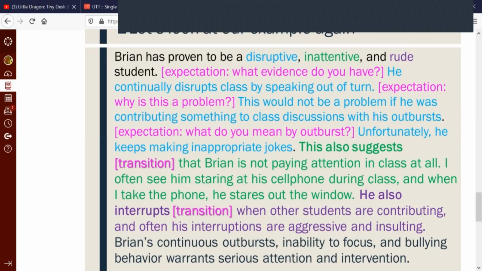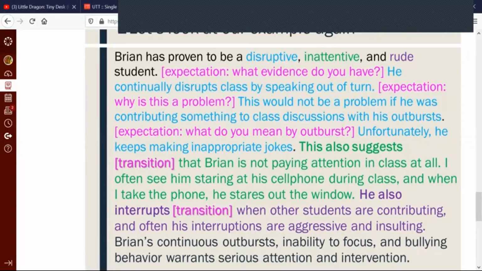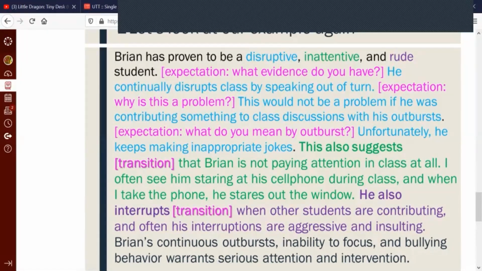So words like this also suggests, he also interrupts. So the use of the word also is like an addition sign. So we are adding these things together and we're showing how they relate to each other. So that helps us create a logical chain in our paragraph so that the ideas don't seem slapped together or not really related to each other. So we look at deeper meaning, having each sentence